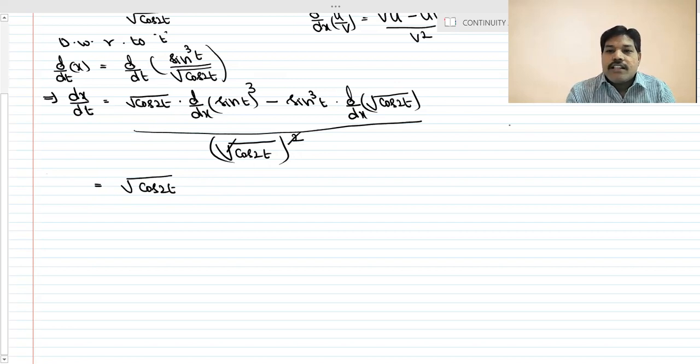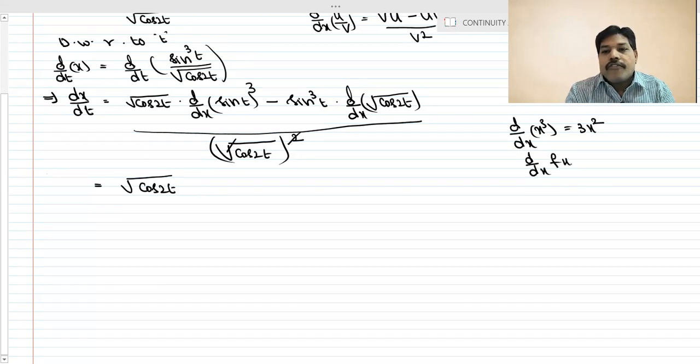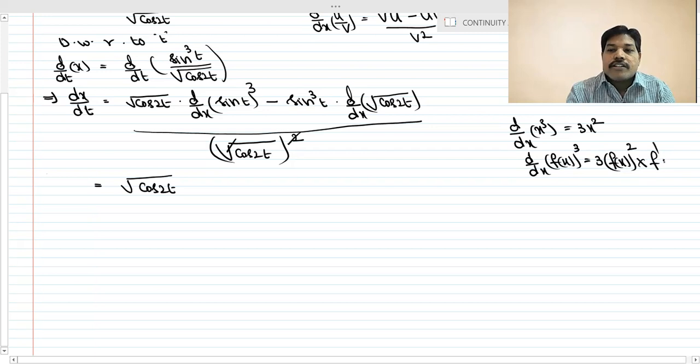Any function is in the form of, so the derivative of x cube. What is the derivative of x cube, students? That is nothing but 3x square. Yes or no? So for example, if the given function is in the form of f of x whole cube, what happens? 3 into f of x whole square into f dash of x. Are you understanding that? F of x whole cube derivative is 3 into f of x whole square into f dash of x.